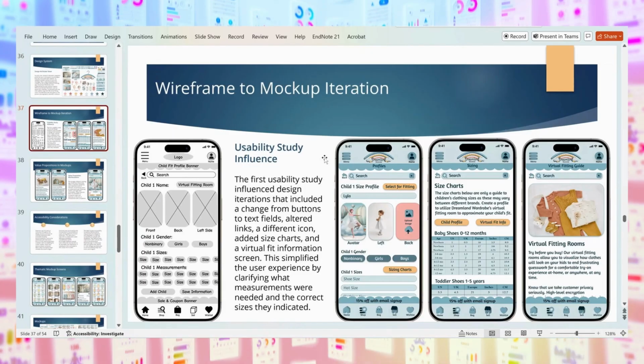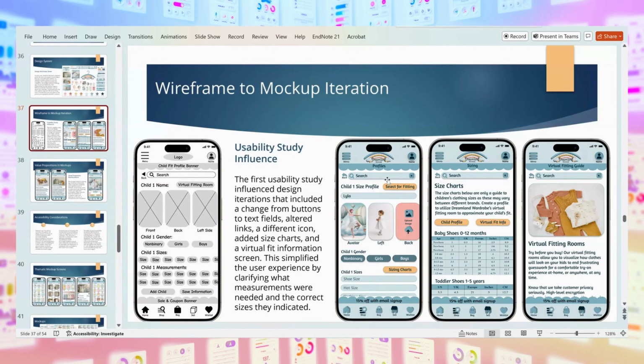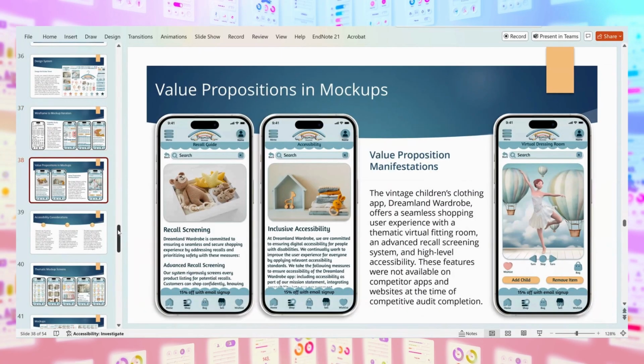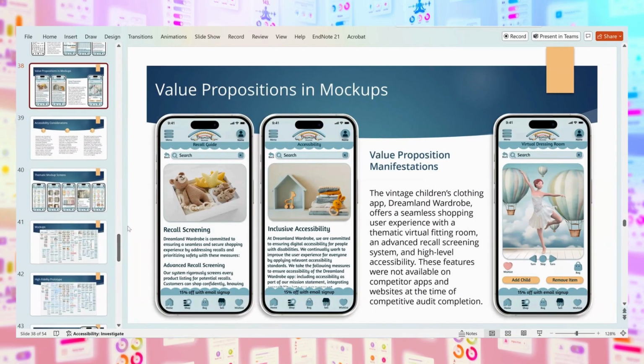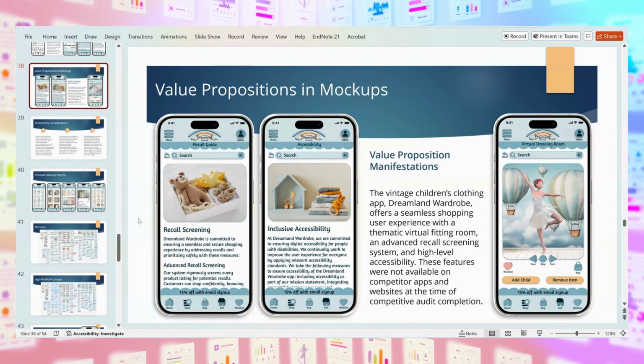So there's the wireframe to mock-up iteration according to the first usability study and the changes that needed to be made with that. So you can see a little bit of changes here. On that first fit room, I went from little buttons for each size to typing in the sizes and going with sizing charts. So that kind of developed, and then instructions on how to do that, because apparently it's not as intuitive as I thought. So that's the thing, as a designer, you're gonna think, well, it's obvious, you go here. But then you do a study and they're like, I have no idea where to go. And you're like, ooh, I need to fix that. And that's why UX is all about problem solving.